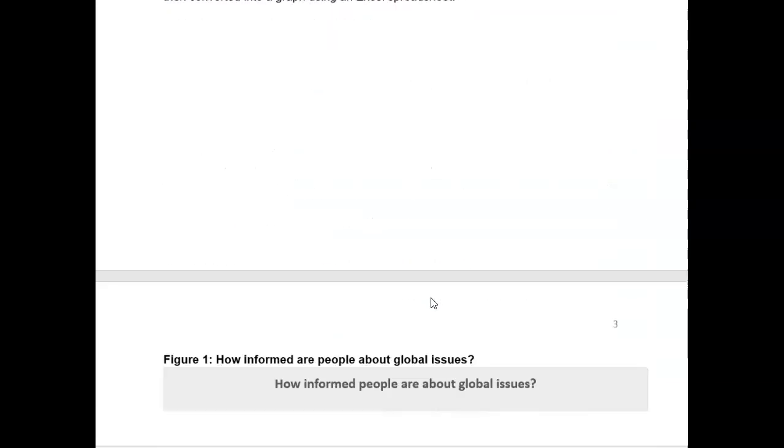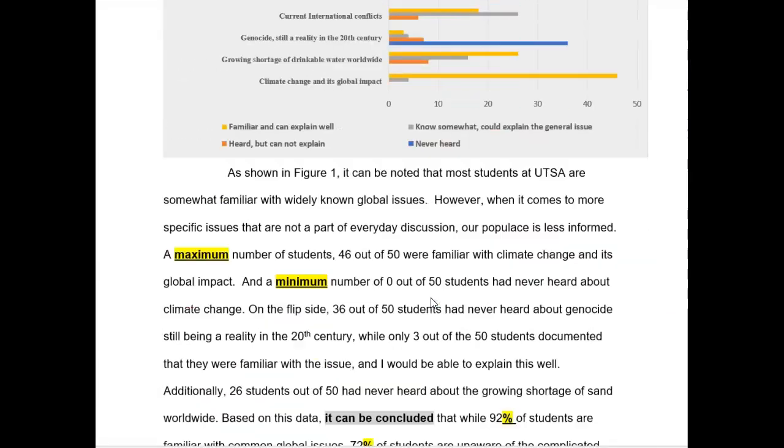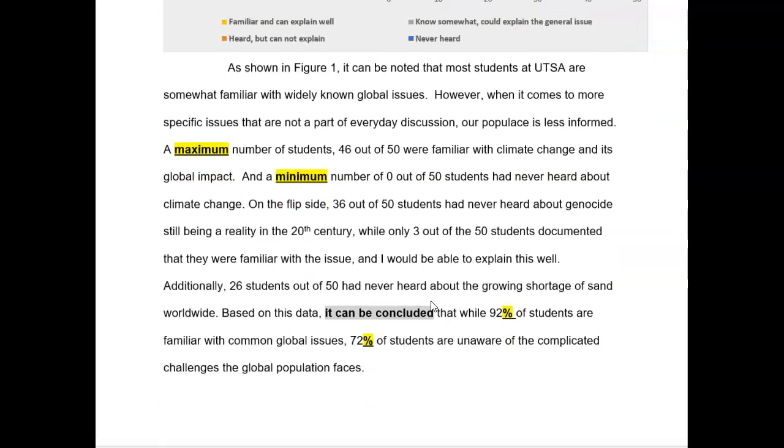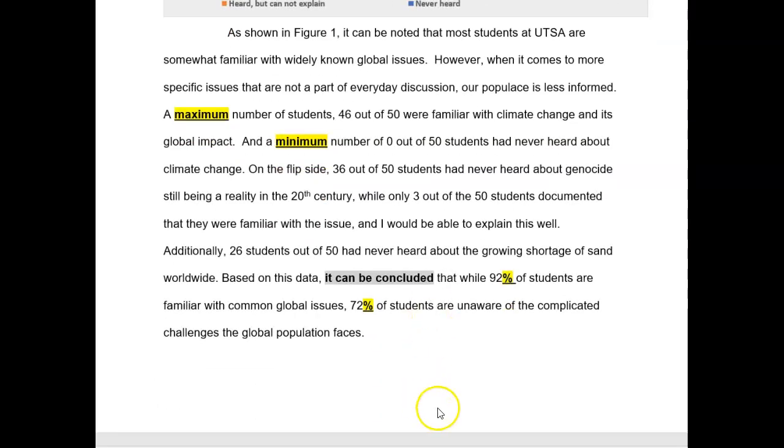But also notice, since we're not required to use sources, we are gathering this data firsthand. This is information we have gathered. We don't have to cite anyone. There are no in-text citations, and there is no reference list at the end. This is because this assignment is not required to use sources.